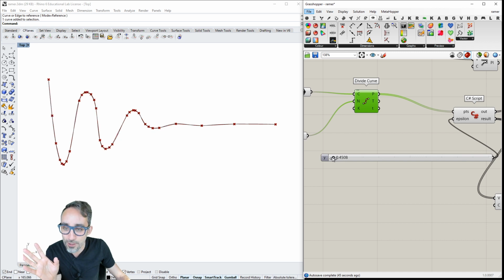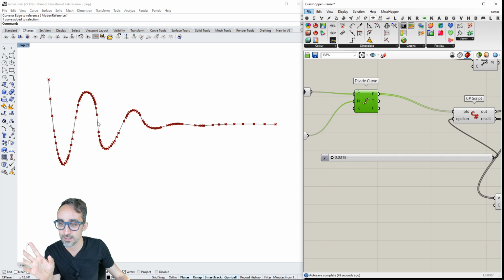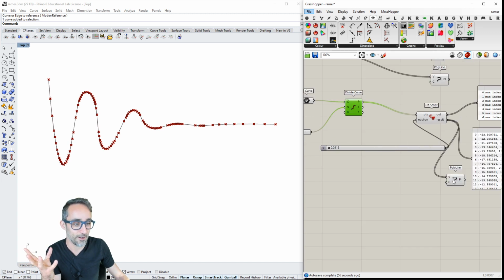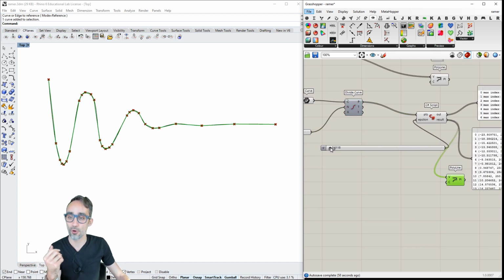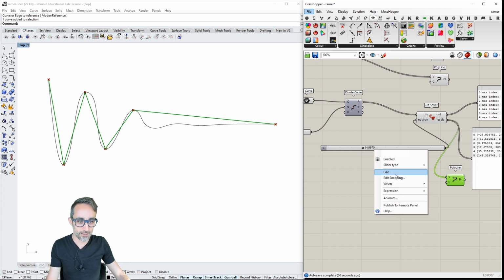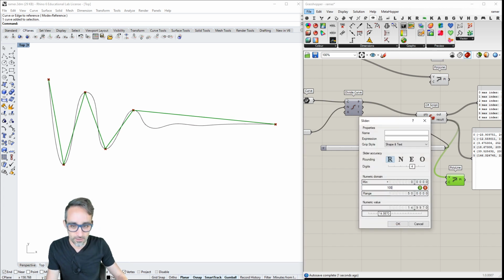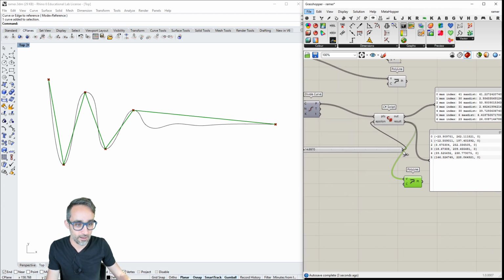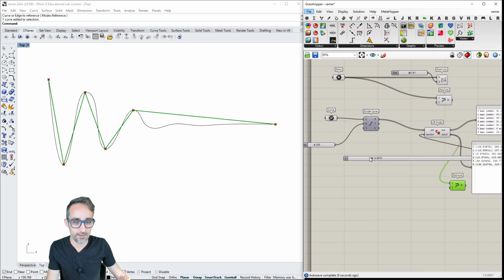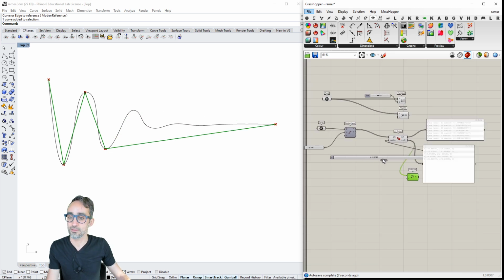So let me do that again. You see, with a very low value, 0.3, you can see that it's these parts that get oversimplified, but the parts that have a lot of detail stay in. And then let me crank this up a little bit.